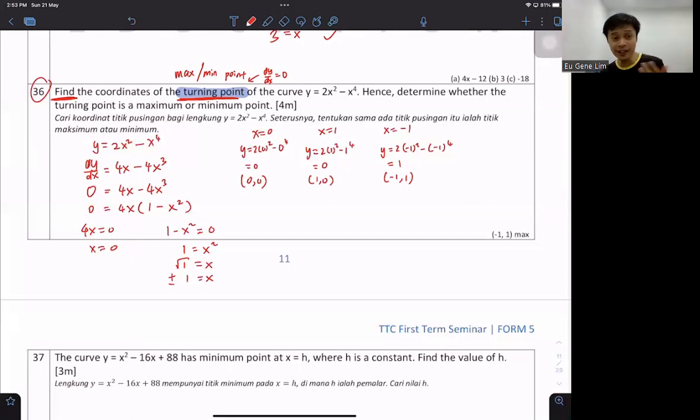So you found out the turning points already, very good. But we haven't finished, because there's another question at the back. Then you say hence: determine whether the turning point is a maximum or minimum. If you want to determine that, then you have to